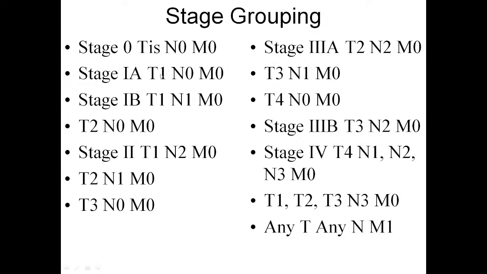Stage 1 has T first, tumor first size, nodes 0, those original nodes don't affect the metastasis. And first stage does not have organ metastasis. You can see in the slide